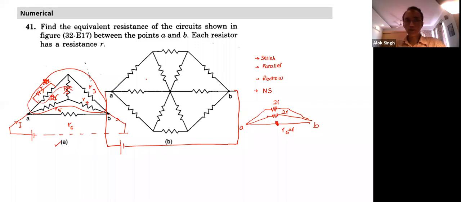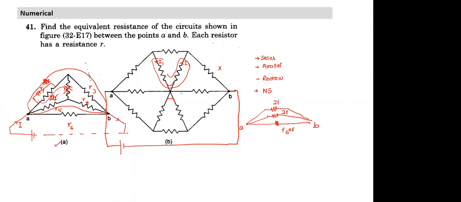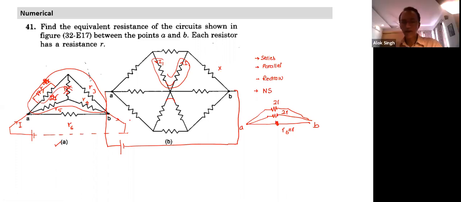This is also based on symmetry. What does symmetry mean? If this current is I1 here, this is the corresponding pair, this also has to be I1. If both are I1, I can as well connect like this. I can remove this junction, I can remove this junction. When I remove, these two become in series, and this series becomes parallel, and subsequently you can calculate. So this is based on symmetry. We'll come to this kind of question somewhat later. So I hope all are clear. All of you can find an answer.